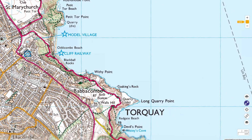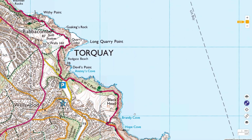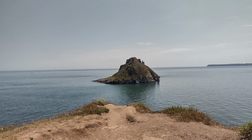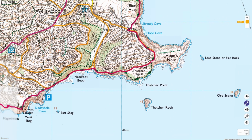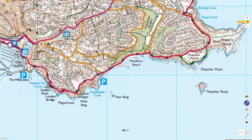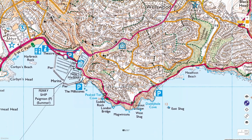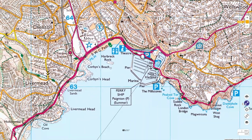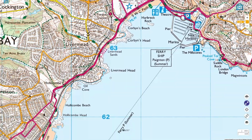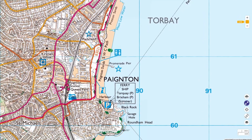And then you go through Branscombe and around towards Torquay. Really nice round the head and round into Torquay and Torbay. This is a really good section. But suddenly you come into this quite busy seaside town, walking your way around and into the busyness of Torquay and Paignton. Work my way around through all of the kind of busyness of it to Paignton itself, where I